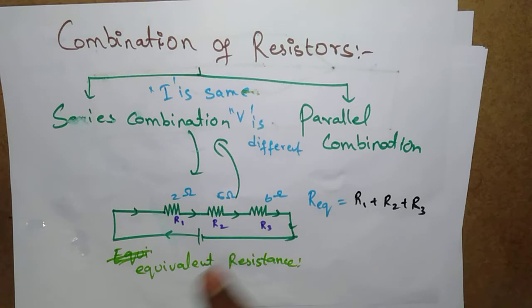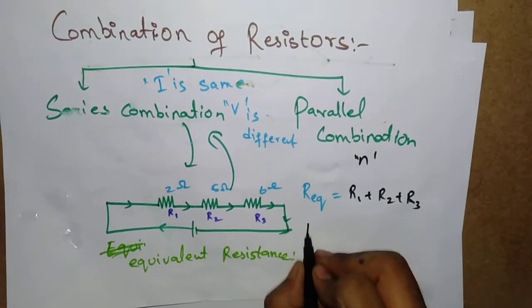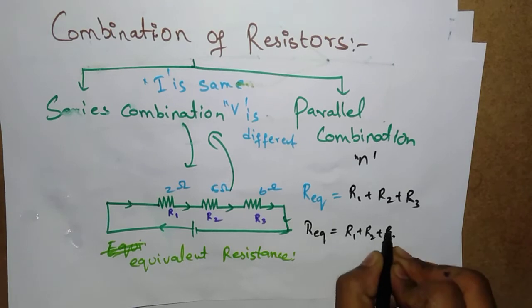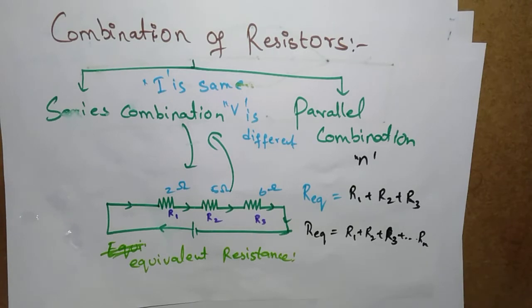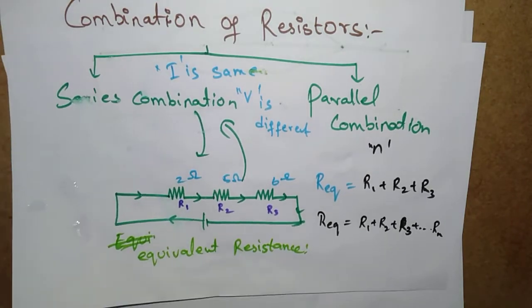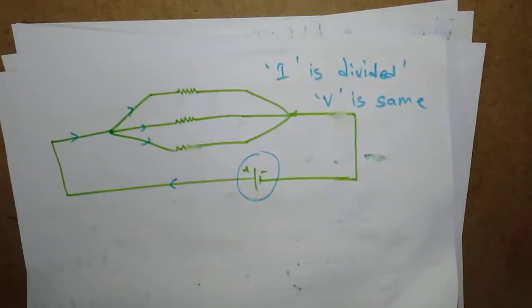4 resistors, R1 plus R2 plus R3 plus R4. 5 resistors, R1 plus R2 plus R3 plus R4 plus R5. Then if there is an n number of resistors in series connection, then R equivalent is equal to R1 plus R2 plus R3 and so on to Rn. Okay, just remember, in series combination the equivalent resistance is found by adding all the values of resistance. Okay, in case of parallel combination,